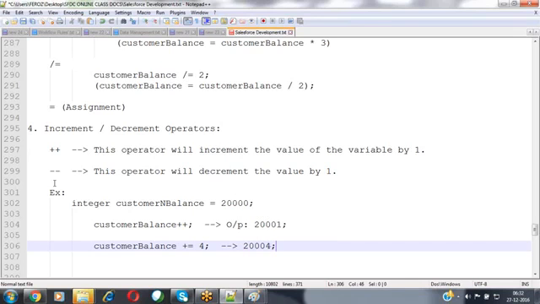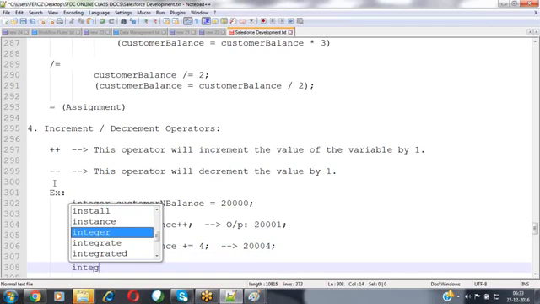So what happened here is that the plus plus operator is going to increment the value by 1 only. This is the fundamental rule. If you want to increment the value by 2 sometimes, 3 sometimes, 4, 5, 10,000, 20,000, whatever, other than 1, then we have to go with the assignment operator.